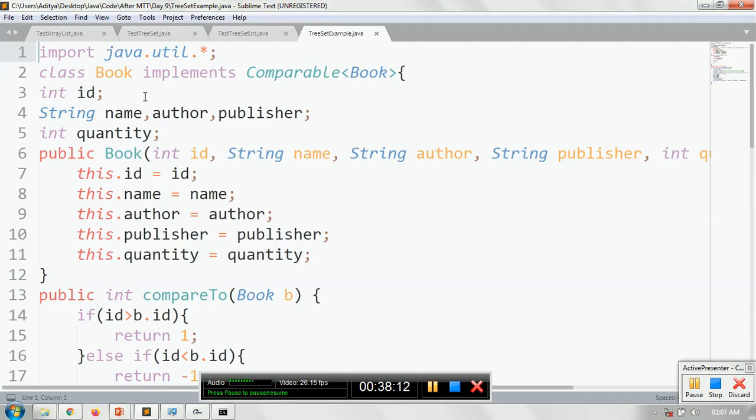We have instance variables int id and int quantity, and String objects name, author and publisher. I am calling with the help of the constructor of the class Book, where we are passing these values: id to the id, name to the name, author to the author, publisher to the publisher, and quantity to the quantity.